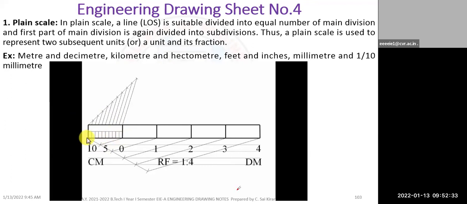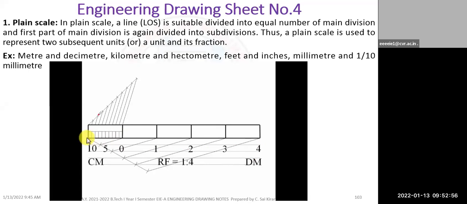Okay. So what we have to do is, first we have to make the main divisions based on LOS. This is the length of LOS. We have to make the total 5 divisions. In the problem, they have asked total 5 units of decimeter. So we will be dividing 5, and first we'll mark it as 0, and 4. This is a 1, 2, 3, 4, and if you add this one, it will become 1.